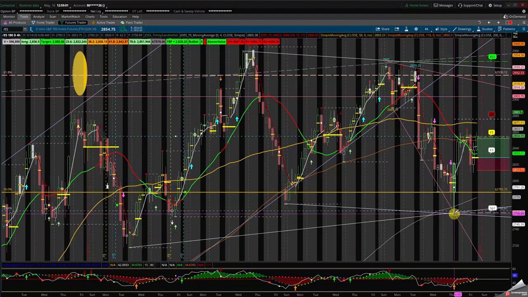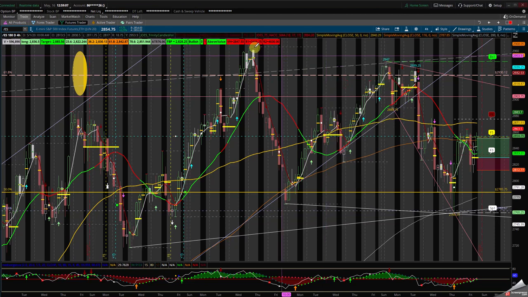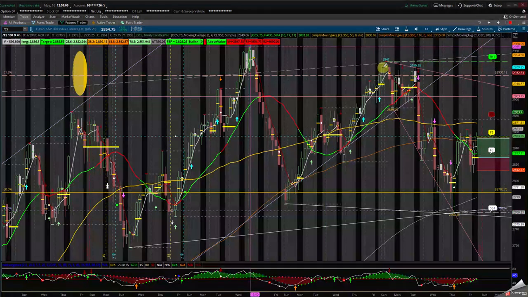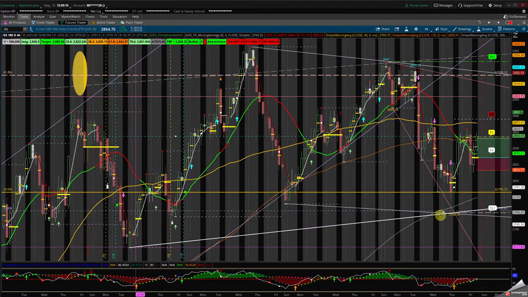This is a down channel. We connect this one, we clean it up because this was done on a fast time frame. Remove drawing. We connect the peak of that candle to this one here. It's in a down channel. They are pointing down. But if I connect this one up and this one down, we are in consolidation, going